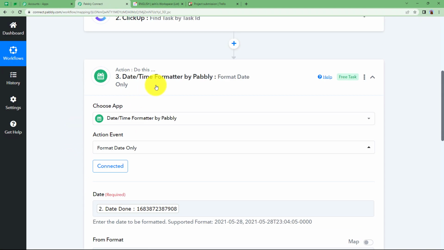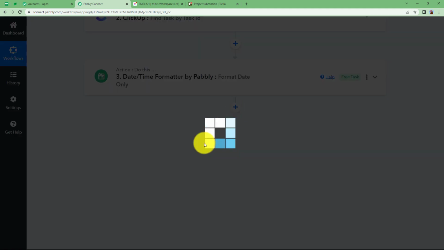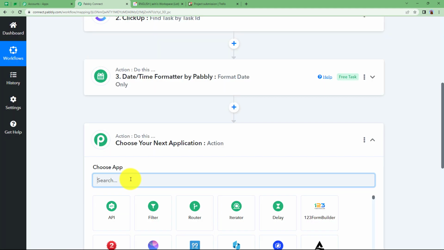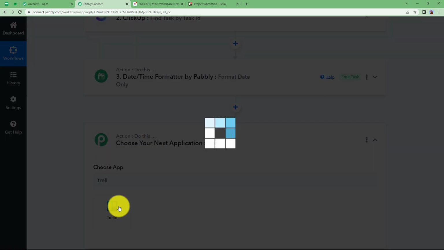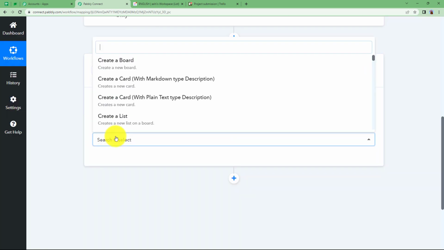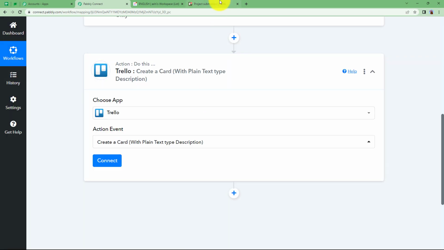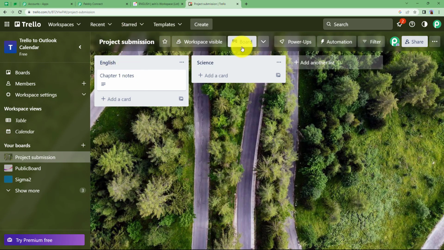So you can map this. This is an optional one. If you want, you can add this. Then comes our last and final step, our last action application, Trello. The action event this time will be to create a card with plain text type description, because the board has already been created, lists have already been created, you just have to add a card to